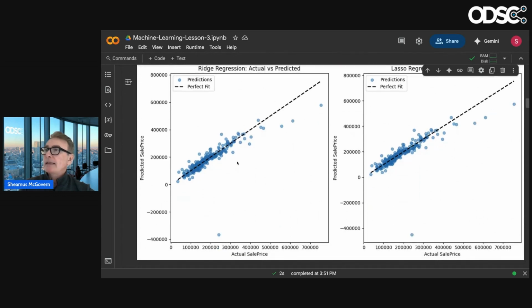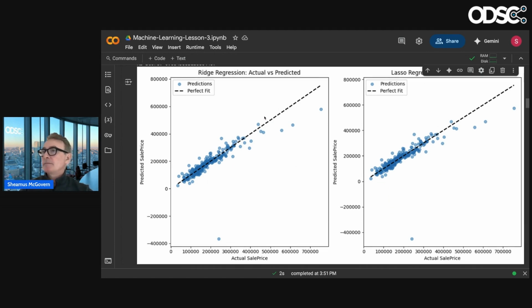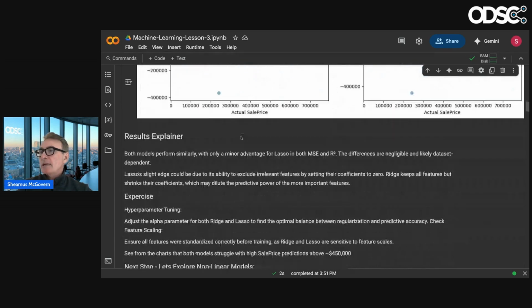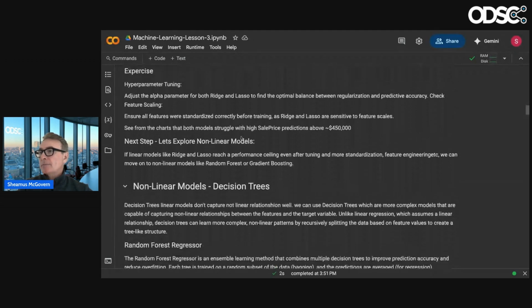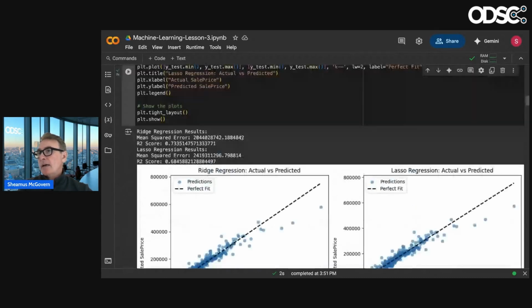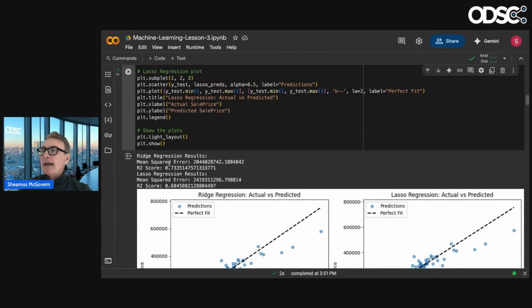If you remember back, this is a perfect fit. This to me straight away looks better. This is a better looking model than the one we had before. Remember what we're doing here is the predicted sales price versus the actual sales price. So now we're working on the target feature, and it's kind of hard to distinguish between the two of them, but it's a very similar thing here. Do I have the model outputs here? Yeah. So now we went from 6.4 to 7.3.